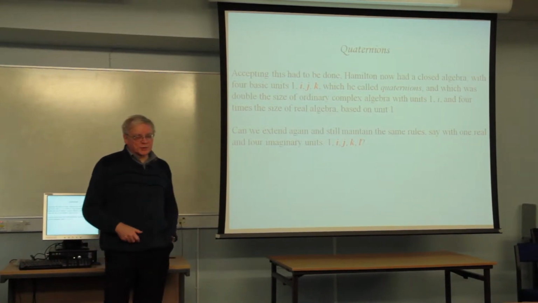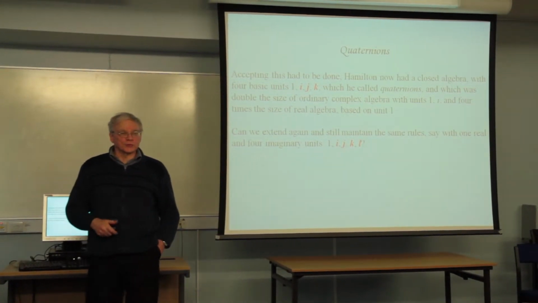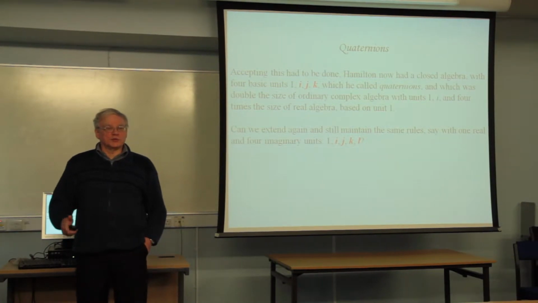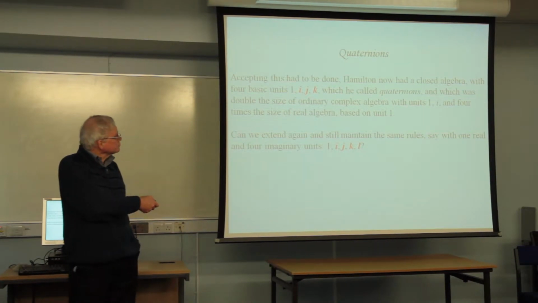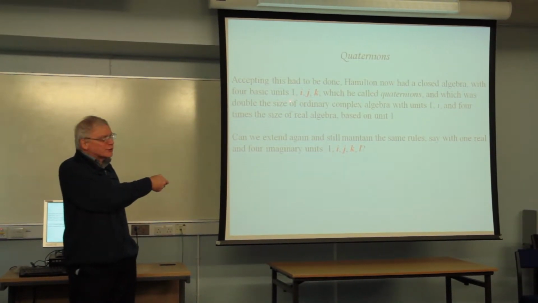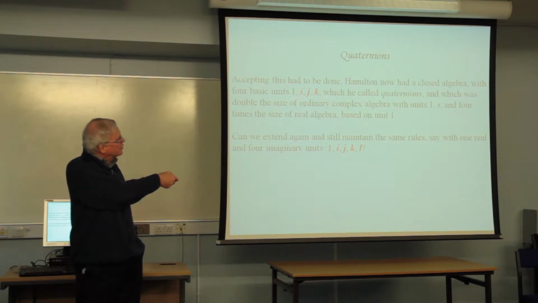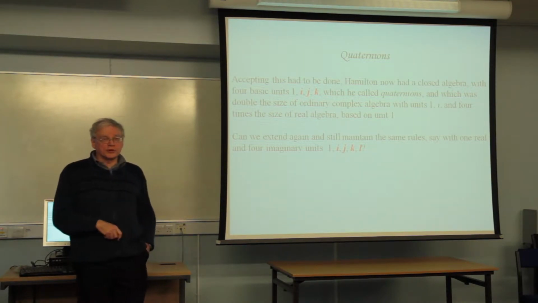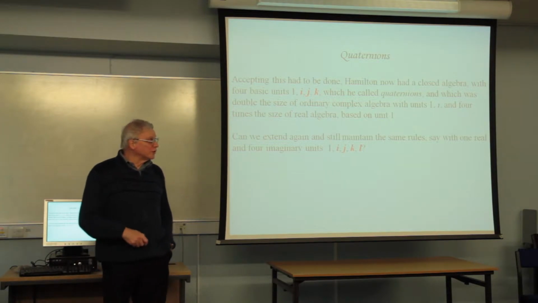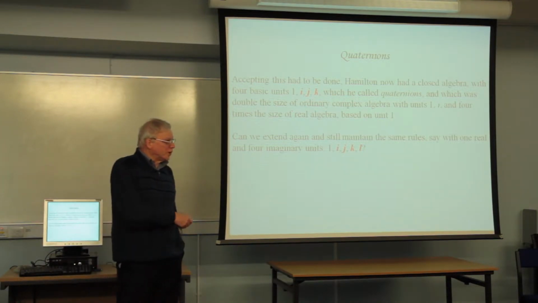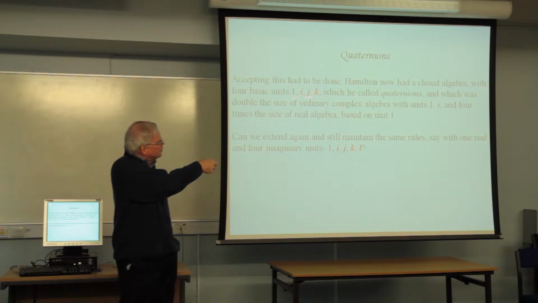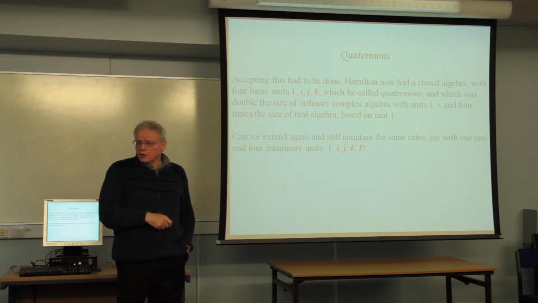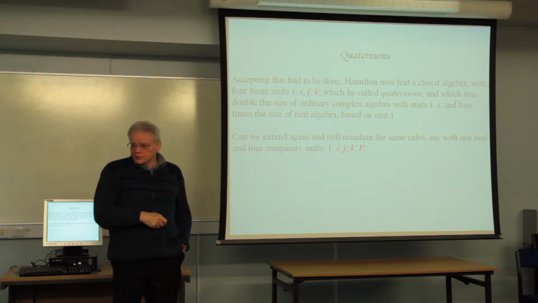So accepting this had to be done, he now had what we call a closed algebra. Everything worked within the system, there was nothing extraneous to it. And so for the first time that could be done. And because there are 4 units, the real numbers and then the 3 imaginary axes, he called them quaternions, which was a word that had been used in the authorized version of the Bible and other literary sources to mean fourfold things. If you've got quaternions, the real content doesn't have a spatial connotation then, only the imaginary ones. Yes, that's correct.